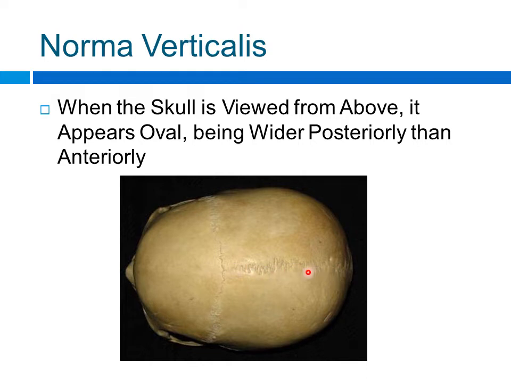We have the 2 parietal bones here. The 2 parietal bones meet in the midline. This midline suture is known as the sagittal suture. Sagittal suture. Next we have this, the coronal suture. Okay, the coronal suture, and this is the sagittal suture. So these are the sutures which we can make out in the superior view of the skull.